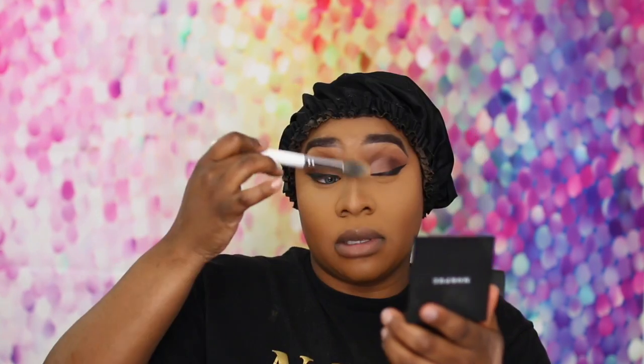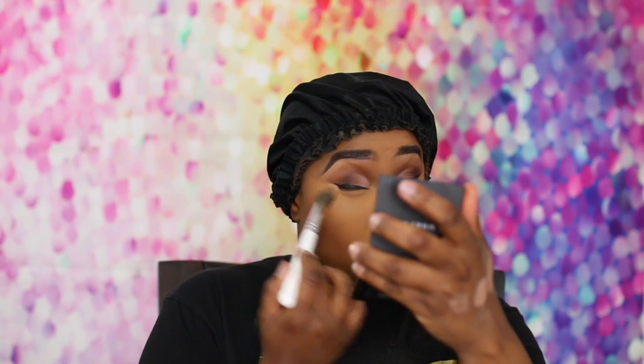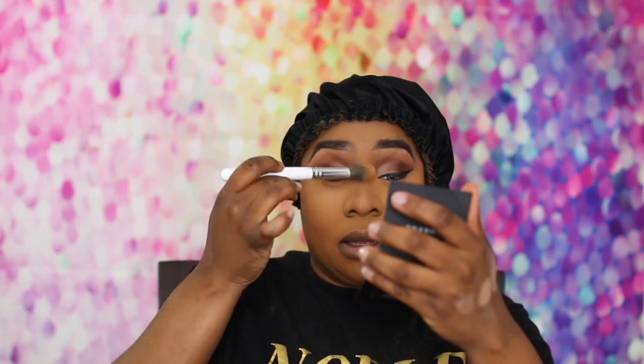And I don't use a lot of powder. That's why I use the wedge, because the wedge is dry, so it doesn't pick up a lot of powder. So I'm going to knock this off as well. And right here. So I'm just going to get a little bit of this powder. And I'm going to go under my eyes with it. Get a little bit more. Get here, here. And if you wanted to underscore a little bit just to create a more contoured, chiseled look,